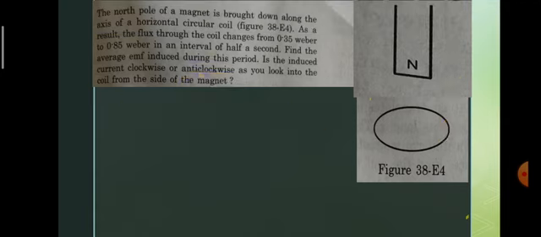Now in this question, is the induced current clockwise or anti-clockwise? As you know, according to Lenz's law, the direction of induced current is such that it opposes the change that has induced it. So in this question, the north pole of the magnet is going towards the coil, so the coil behaves such that it generates a north pole. For generating a north pole, current will flow in the anti-clockwise direction. So the direction of the current is anti-clockwise. I hope this question is clear to you. Now let's move to another problem.